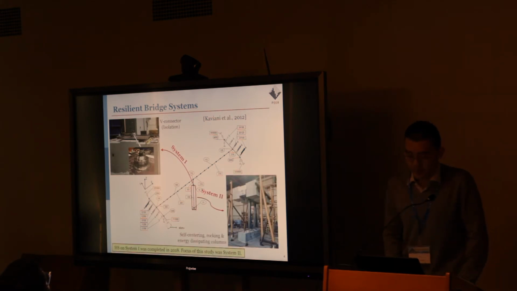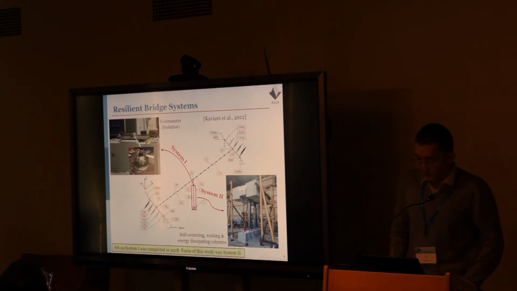And in the second system, which is the system I'm going to talk about here, the superstructure of the bridge is treated as the analytical substructure, and the two-column bridge bend is being tested as the experimental substructure in